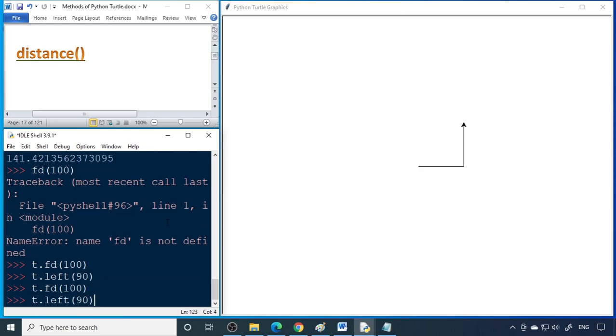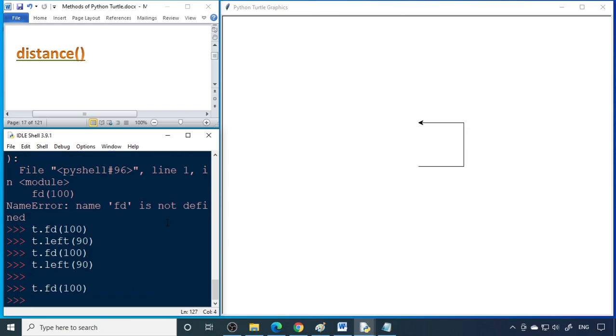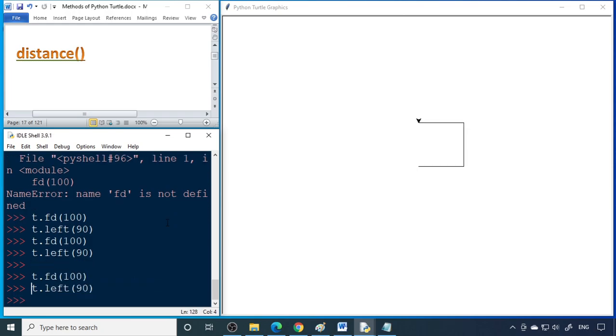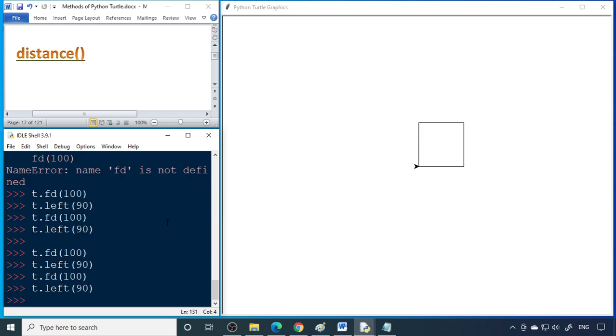Execute this, turn left, execute this, turn left, then execute left. Okay, so now we should go from here to this corner. We already know it should turn 45 degrees, so you can give towards 100 comma 100.